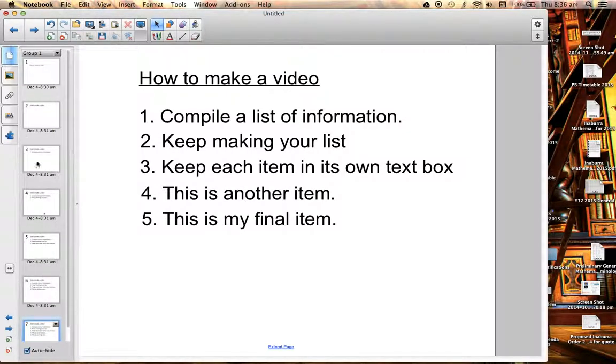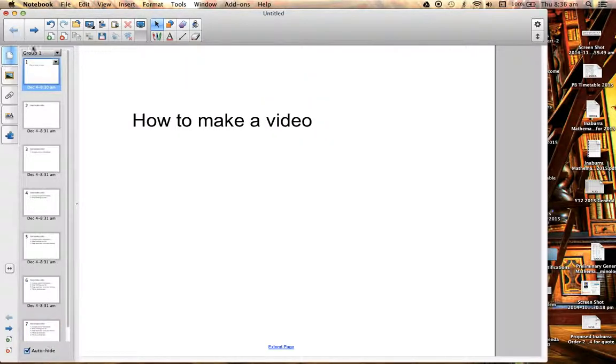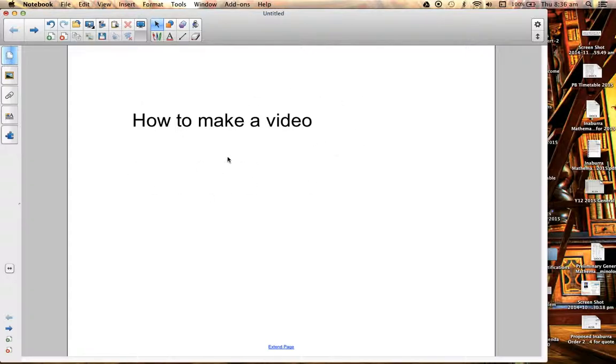And then we're done. Now, if I wanted to not see this bar here on my screen, I'll show you in a little while how to get the click view item up, and that'll allow us to just select a certain amount of the screen. The other way we could do it is we go back to the first page there. I can click on that main screen and have that border, all the page listings are not there anymore. And what I can do is use this arrow button on the top left hand corner to click through my screens. So when I'm ready to make my video now, I can go to QuickTime and set up the screen recording,